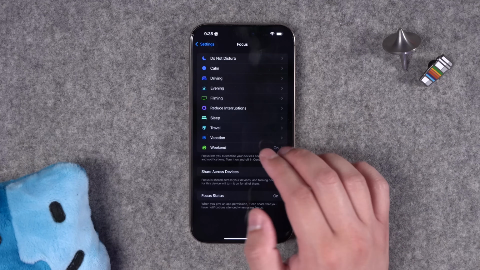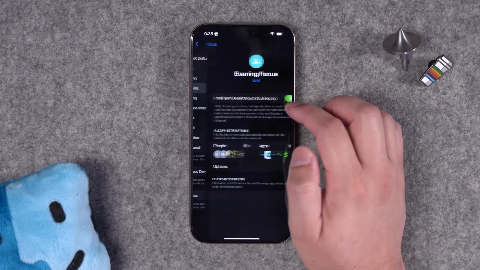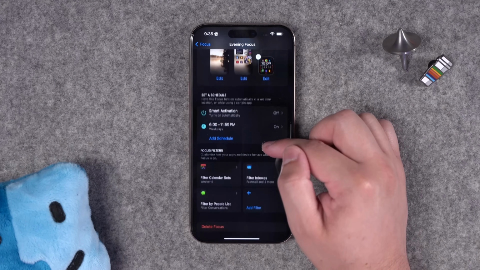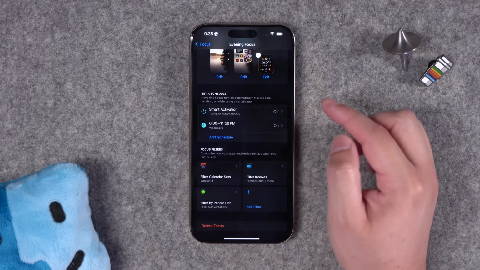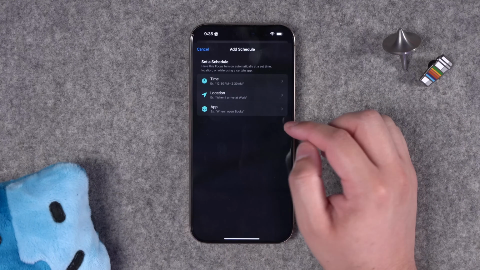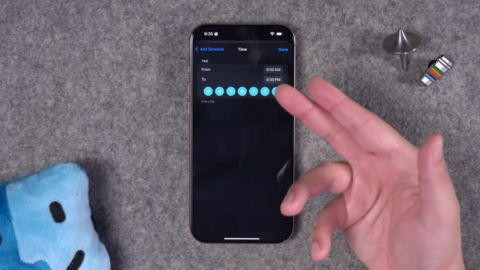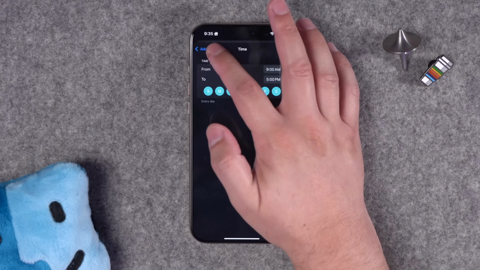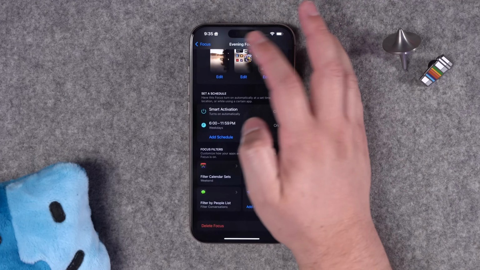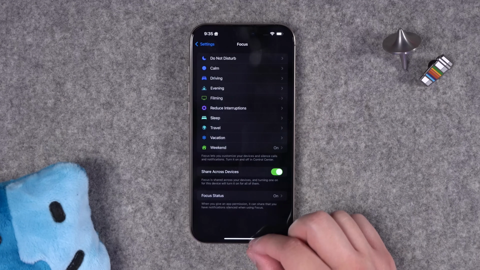And then you can have focus modes enabled at a certain time of day. So when I go to my evening focus mode, I actually have that enabled every day at 6 p.m. And when you add the schedule, you can also choose time. Now, when you do the focus mode schedule, you do have to choose a specific time instead of sunrise or sunset. So if you wanted to do it by sunset and focus mode,